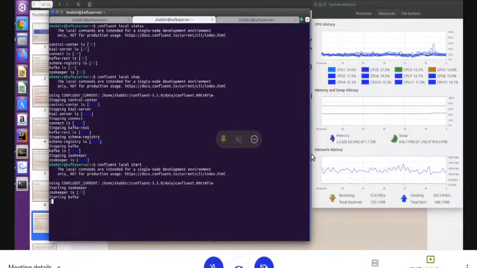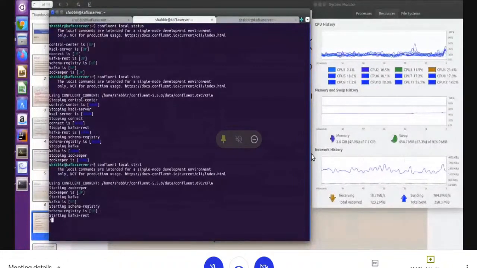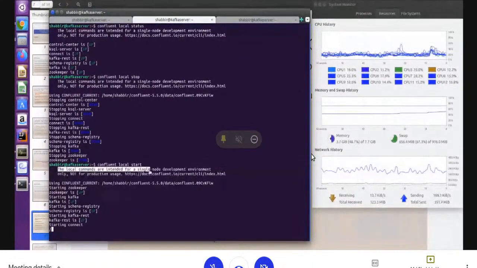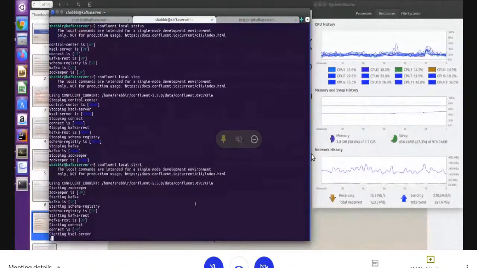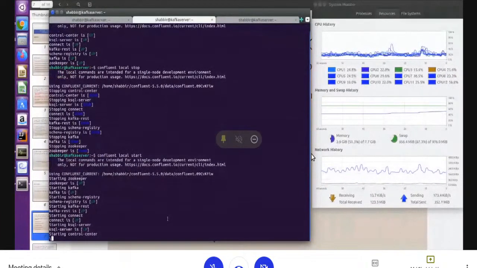So Confluent makes our Kafka life easy. That is one command and it will start all the servers, right? So this is the easiest way to configure Kafka on your machines. And you can see here there's one message: the local commands are intended for a single node development environment. Actually, this is for the development environment. You cannot make clusters, because these are commercial.